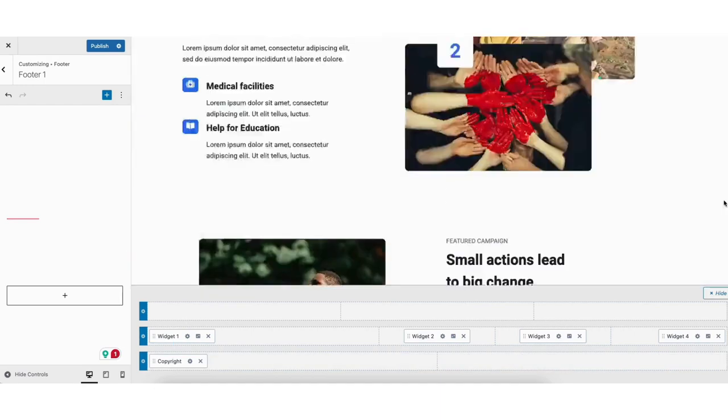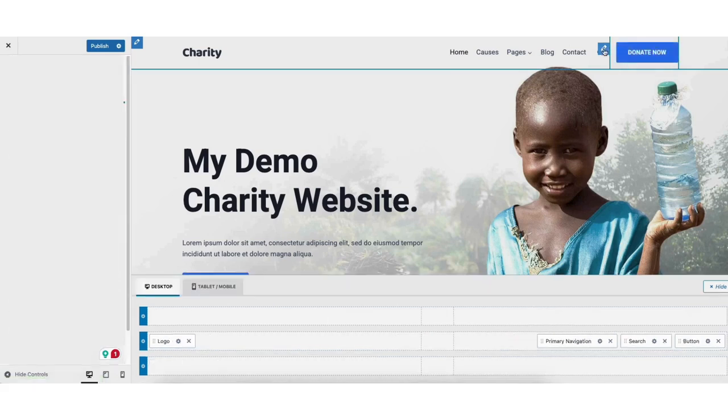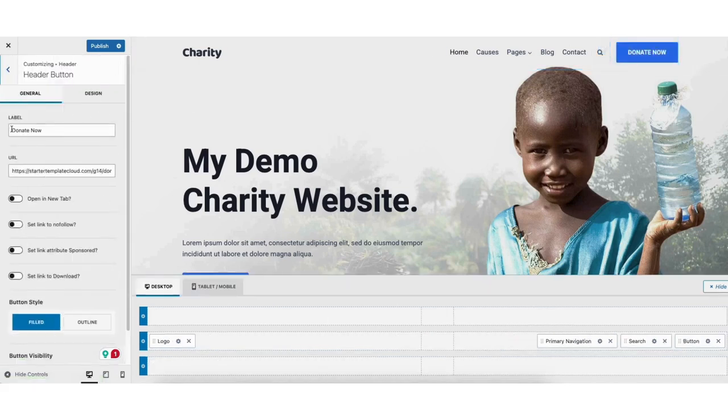If you scroll up to the header area of your site, just click into what you want to edit. I'll select the button as an example. You can then make changes to the button. If you want to remove something in the header, just find it here and click the X button to remove